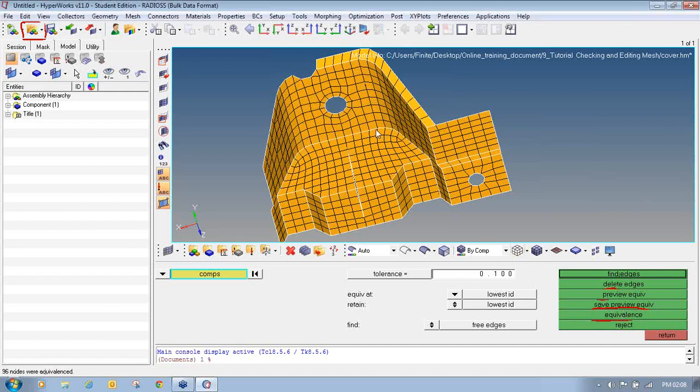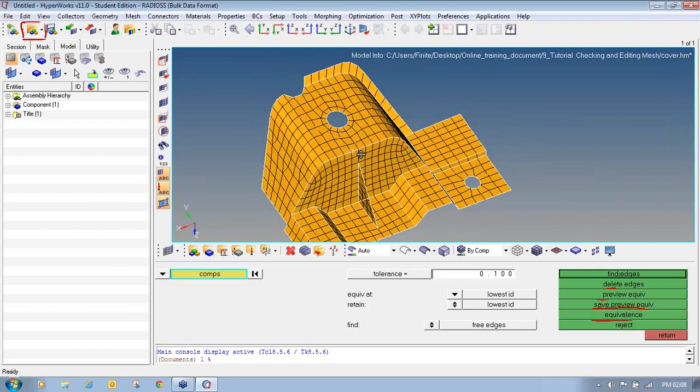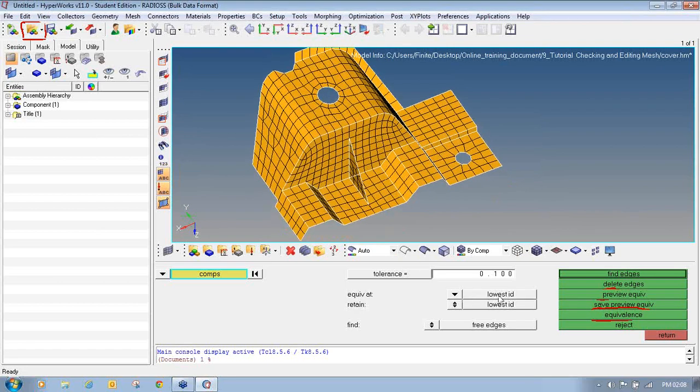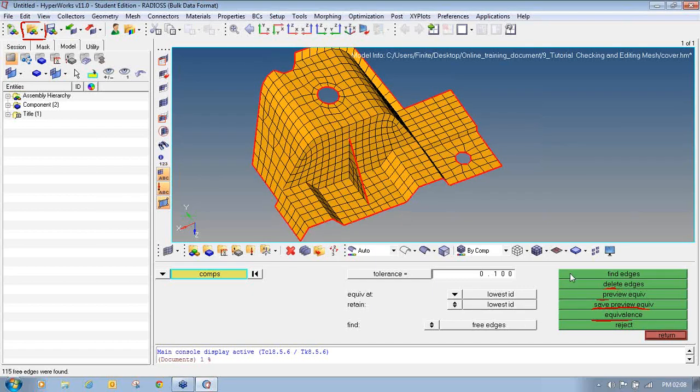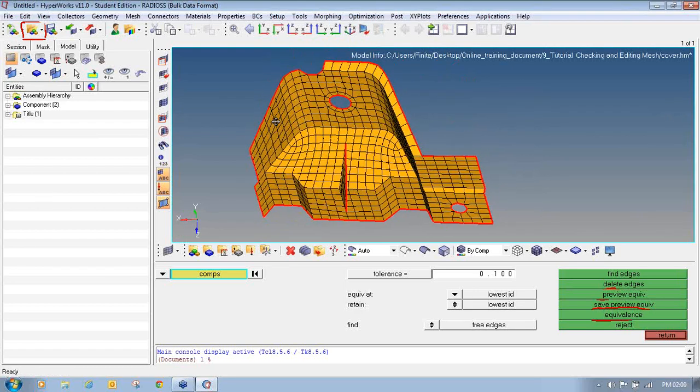So once you click on the equivalence option, all the nodes which are not connected get connected automatically, and the connectivity goes like the equivalent add goes to the lower ID and retain is also the lower ID. So again, now we will find the edges. Click on find edges, and now you can see on the model, if you rotate, zoom, pan, that the